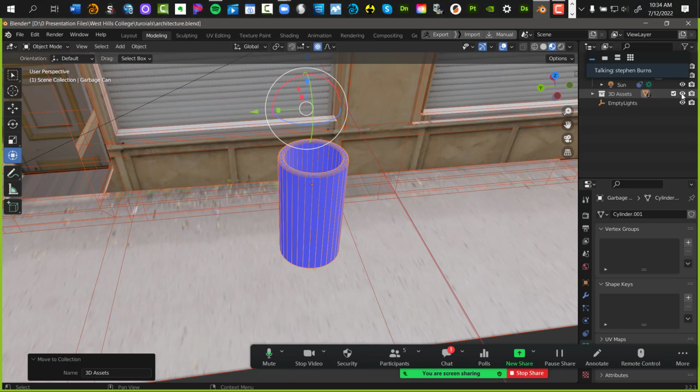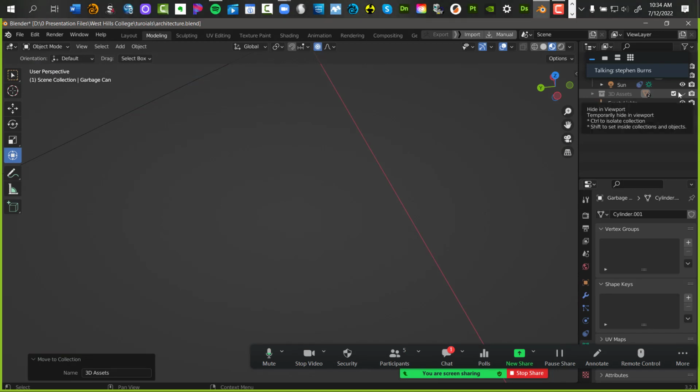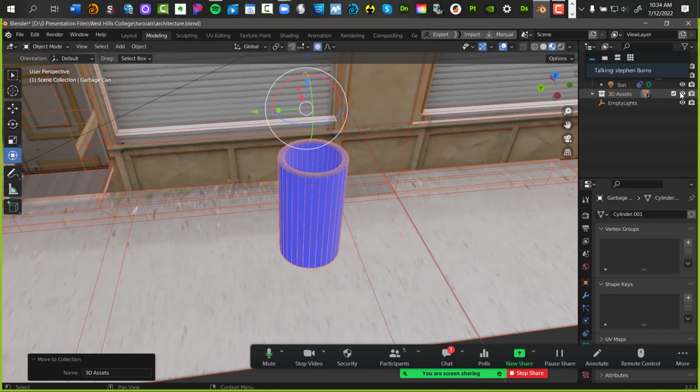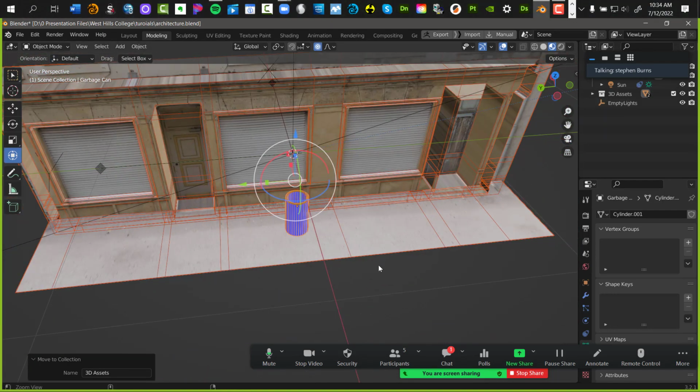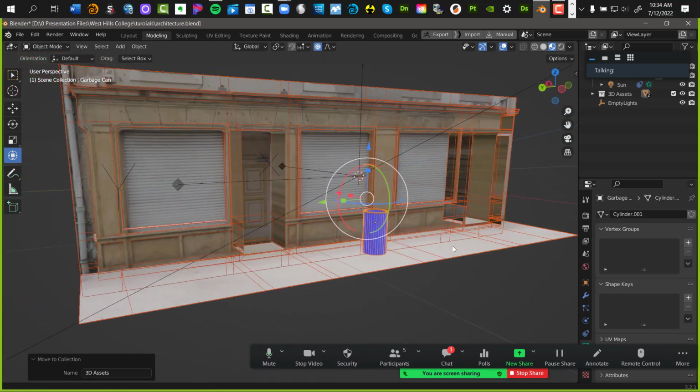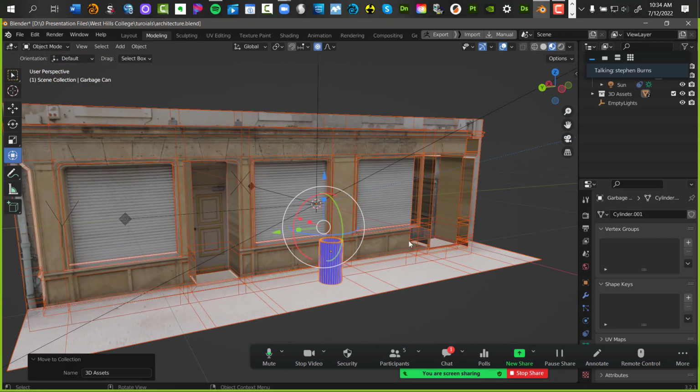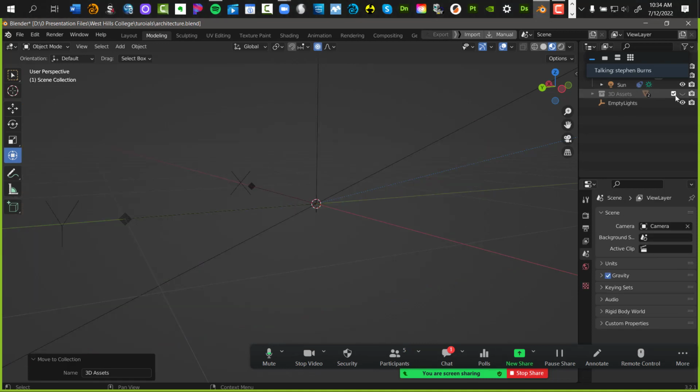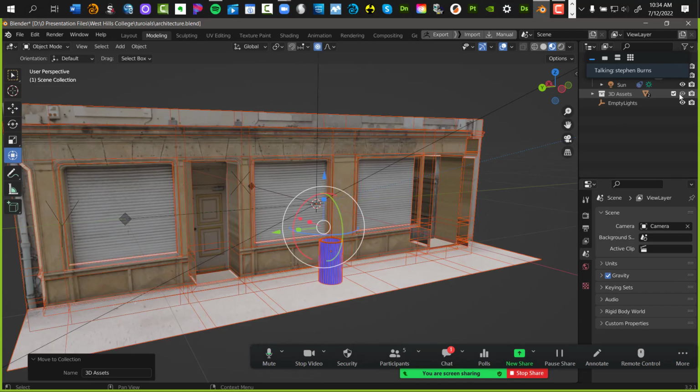On the right hand side is an eyeball. I can turn that eyeball off to make it go away visually, or turn it back on to make it come back. So if you have like 30 3D assets that you're using to build your 3D scene or your concept to tell a story, you can put them all inside one folder to keep track of everything. Turn them off, turn them on, turn them off. Turn it off, turn it on. So this is just a nice, efficient way to keep track of everything.